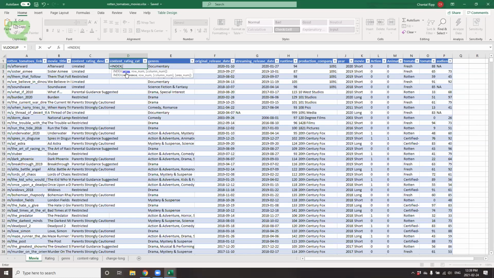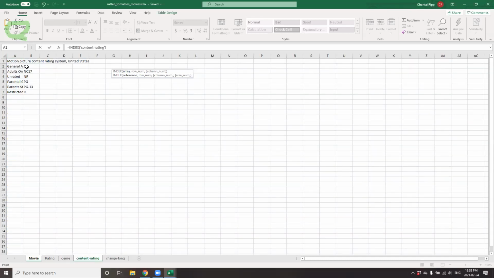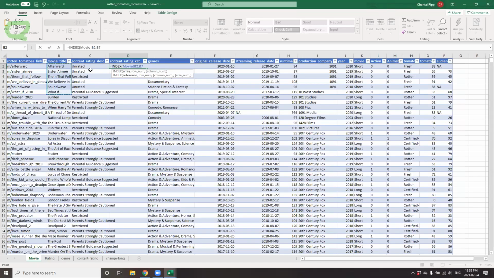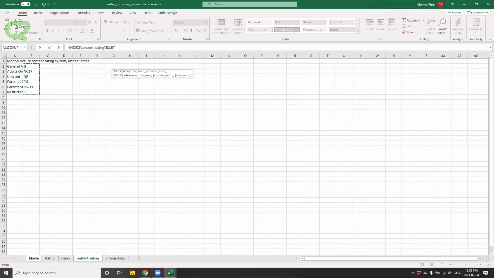And the array for what I'm looking for it to return in my content rating is the values either G through R. Now I'm applying a match function. And I want it to look in my original table.